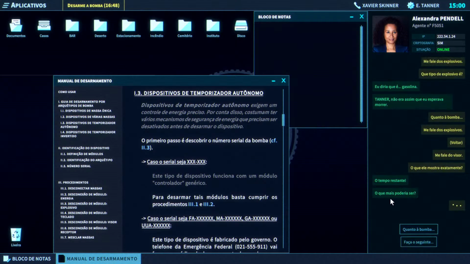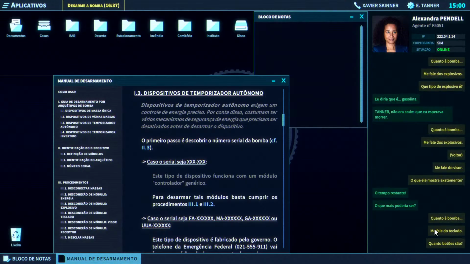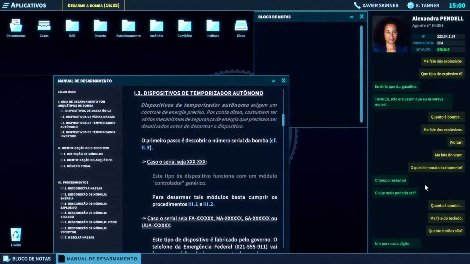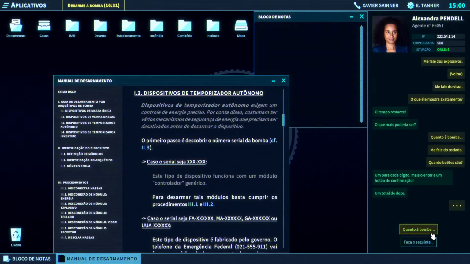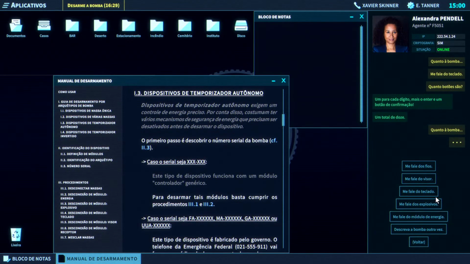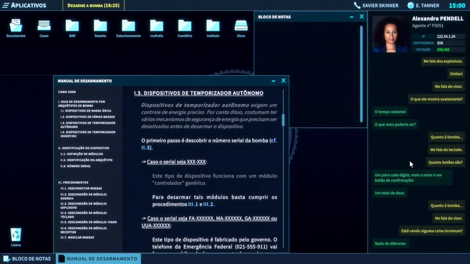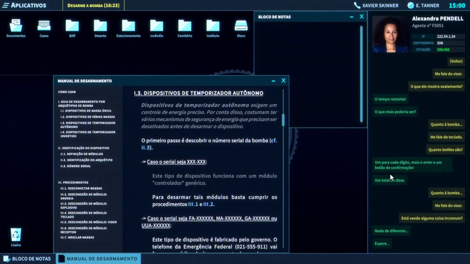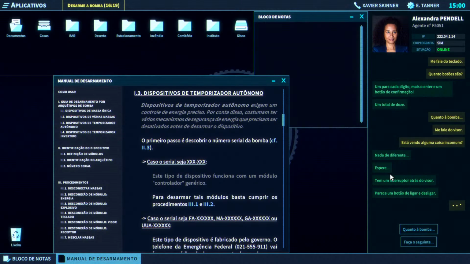What do you think? One for each digit, and an enter and a confirm button. 12 in total. Nothing unusual. Wait. There's a switch behind the display. Looks like a power button.